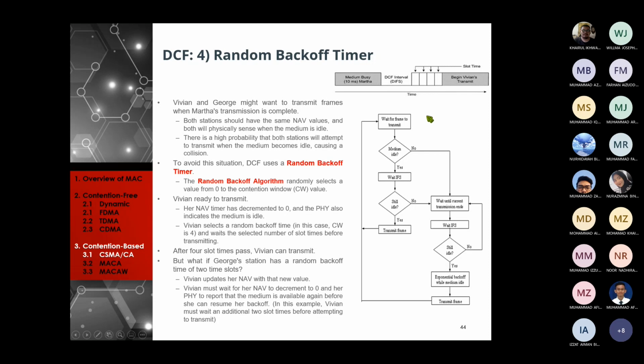So Vivian dengan Josh ni nak hantar, dia akan wait for transmit. So dia tunggu idle ke tak kan. Kalau kata tak idle, so dia tak boleh transmit kan, dia kena wait until current transmission end dan wait lagi, and then tengok adakah still lagi idle. Kalau kata ada lagi data yang lalu tu, maksudnya dia tak idle lah. So dia akan tunggu lagi wait